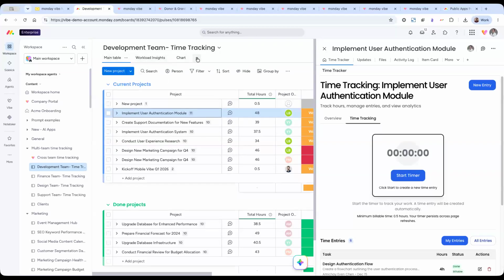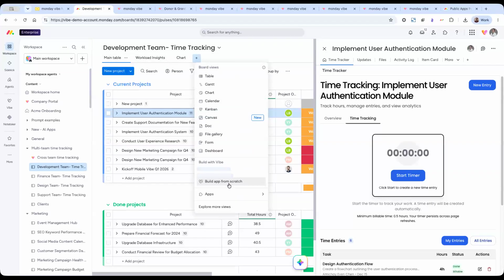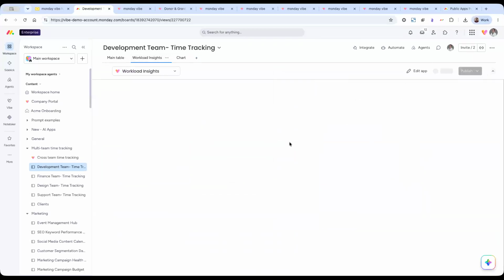Then I have this project, right? So I can build a board view. I can tell it the same board. I don't want multiple things. Just take this board and build me more things. You see, Vibe even offers me things that are relevant for the board. And now I have a widget that reads the whole board and all of the items and all of the sub items, and it's going to show me. Let's open it in